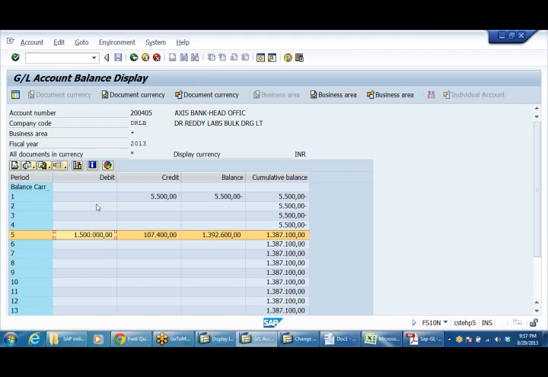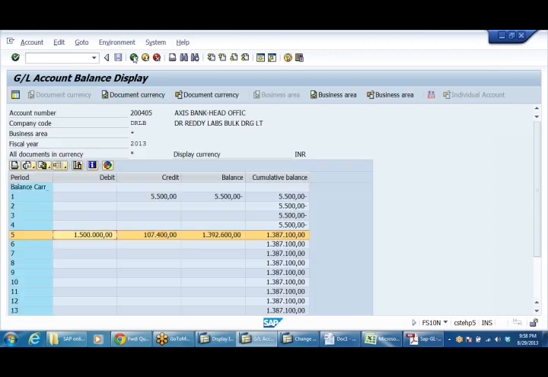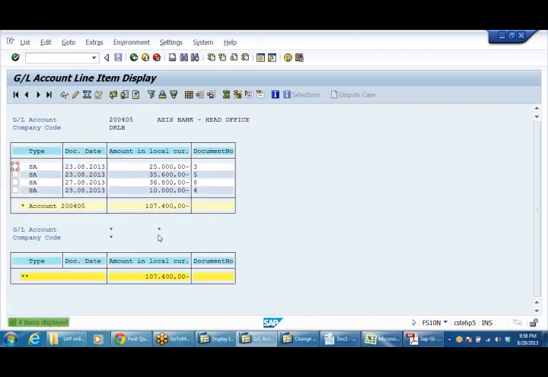Now coming to the debit, what are the amounts that we have received? If you double click on the debit column, you can see all the debit line items. Same way, if you click on credit, only credit line items can be seen. Credit line items mean all payments.